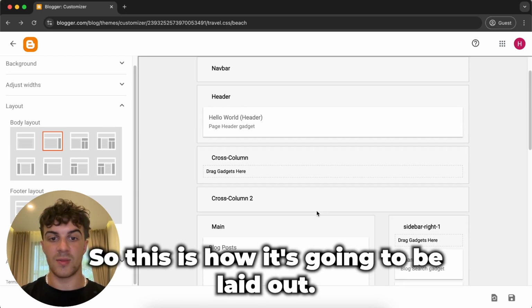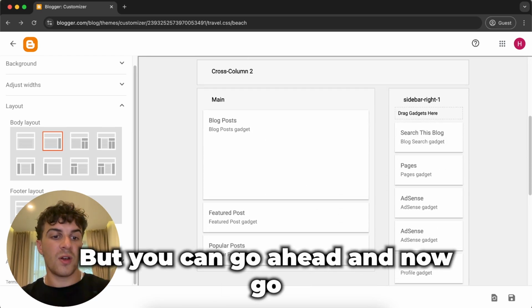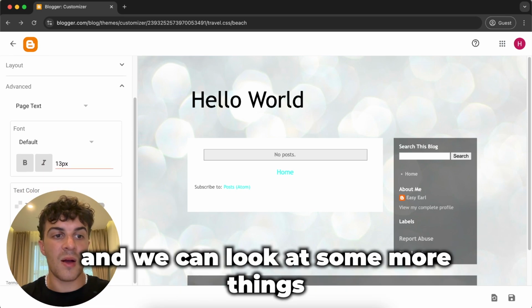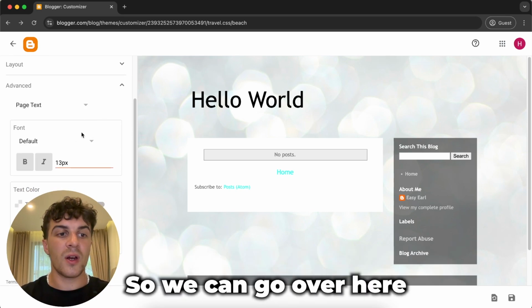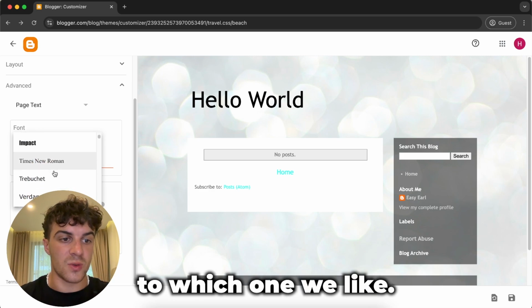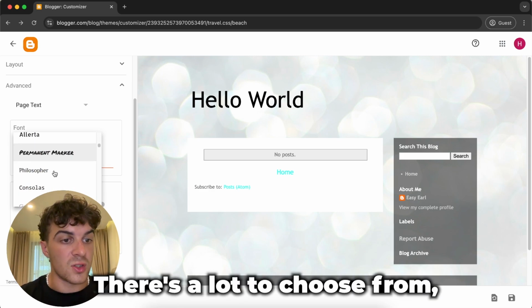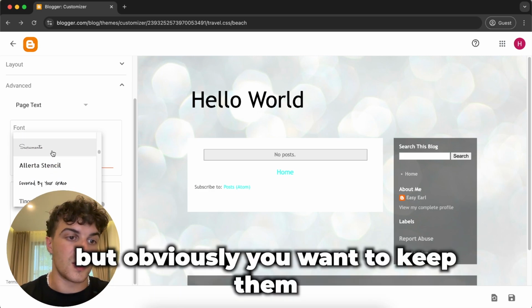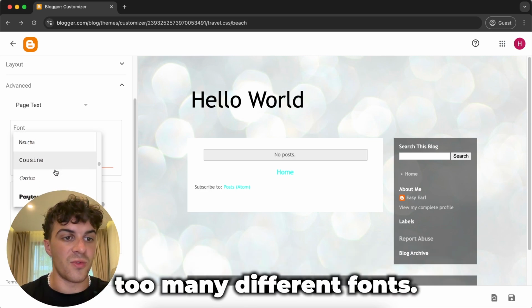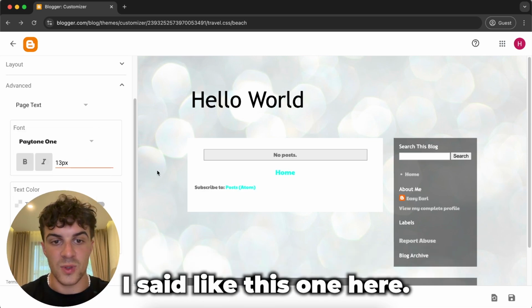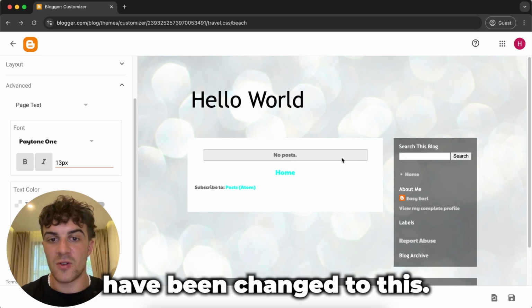So this is how it's going to be laid out. But you can go ahead and now go over to the advanced tab, and we can look at some more things like the fonts. So we can go over here and change the font to which one we like. There's a lot to choose from, but obviously you want to keep them congruent, so you don't want to have too many different fonts. So just go through. Let's say I like this one here, and we can see the fonts here have been changed to this,